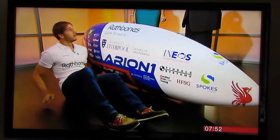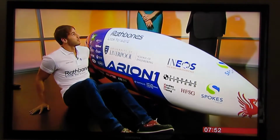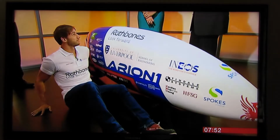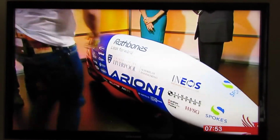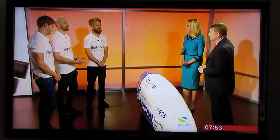What speed are you trying to go at when you're doing that? 83.13 miles per hour. That's the world record. Yeah, the world record is 83 miles per hour. What have you managed so far? So we've been testing in Bruntingthorpe, which is just north of Leicester, and we've only been into second gear so far, but we've got 40 miles per hour, and we've got 3 more gears to go,